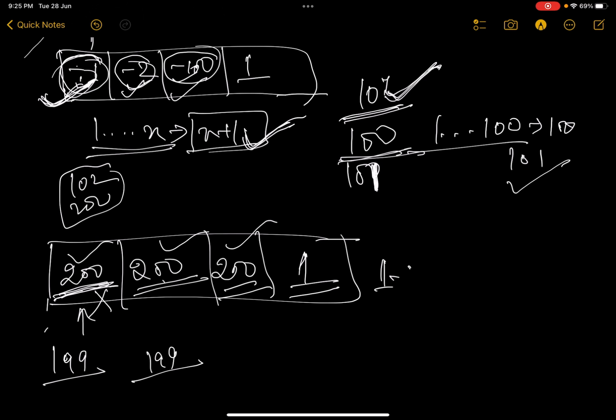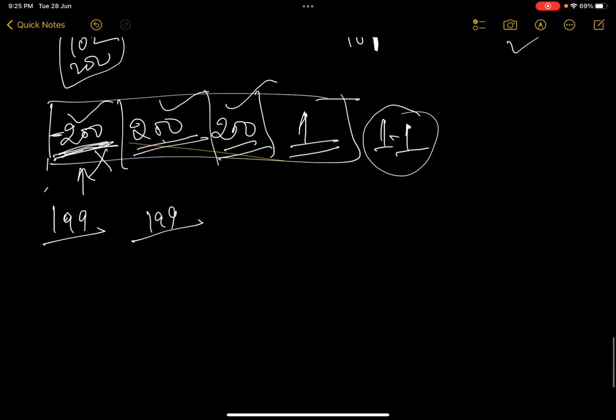Go to index number 1 minus 1, that is 0, right? Go here. Negate this value. Okay, we have traversed the array one time. Second traversal, we start from the beginning. We see, okay, this is a negative value. That means